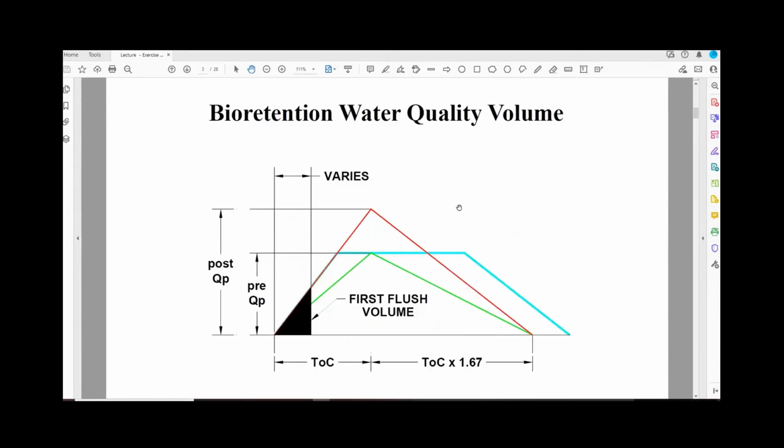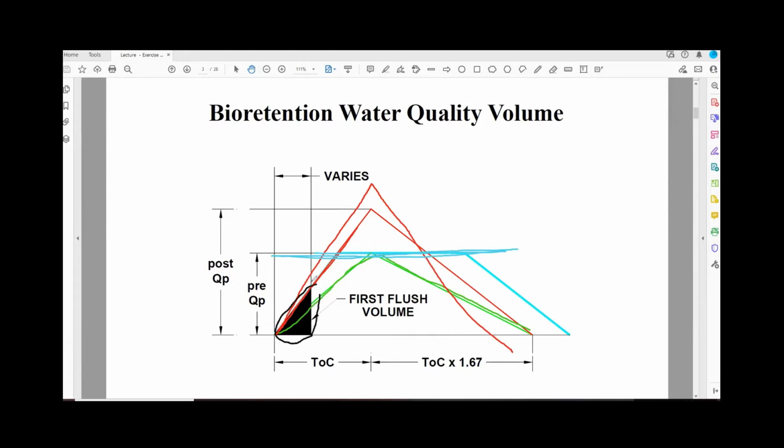So the basic theory behind this, if you look at what happens in a developed area, the natural situation, it would run up and down. But when we develop land, that hydrograph is going to change. We're going to get a much higher peak. It actually will peak earlier, to be truthful, and then it'll drop back down. By the regulations that we deal with, we normally have to cut that off using detention systems that we're not going to talk a lot about in detail today, because what we really want to talk about today is